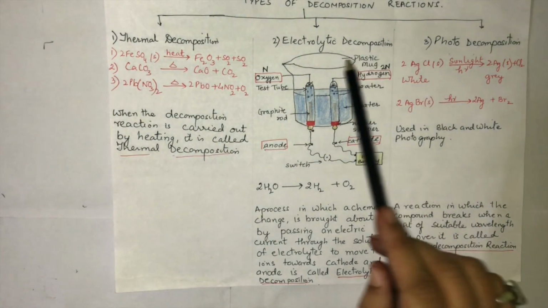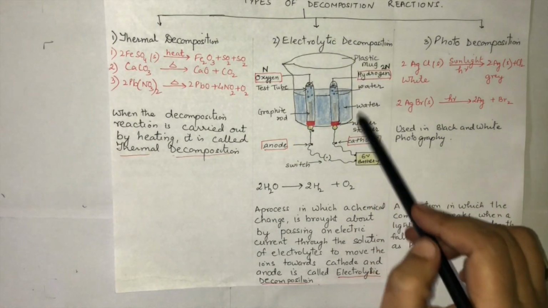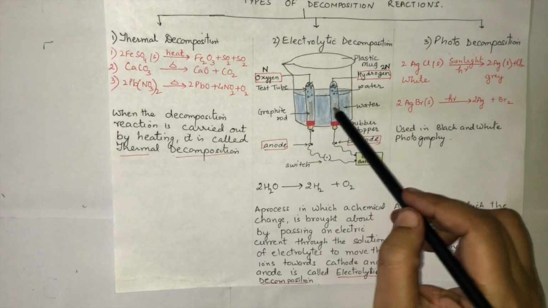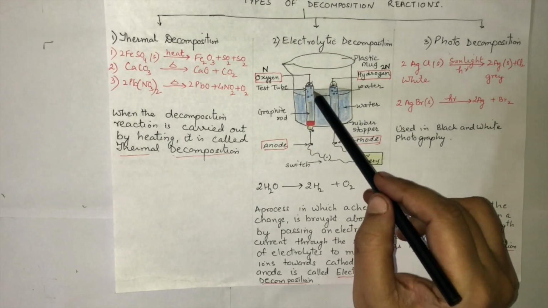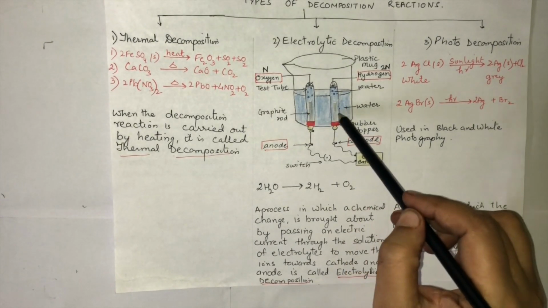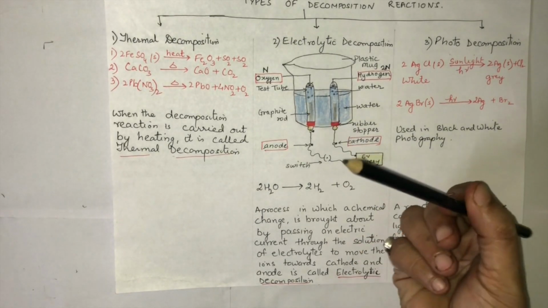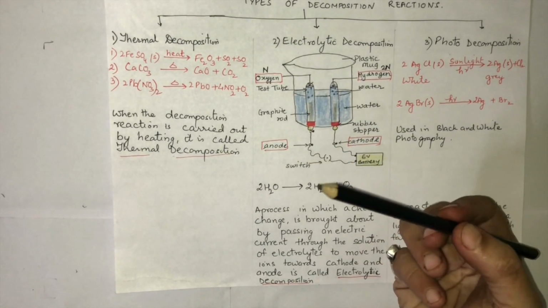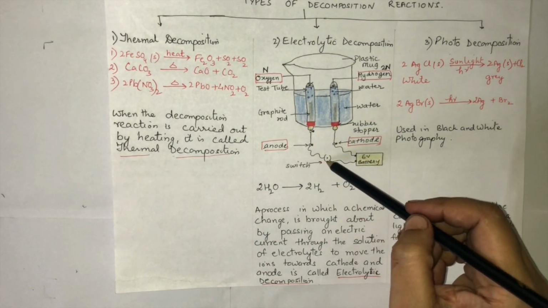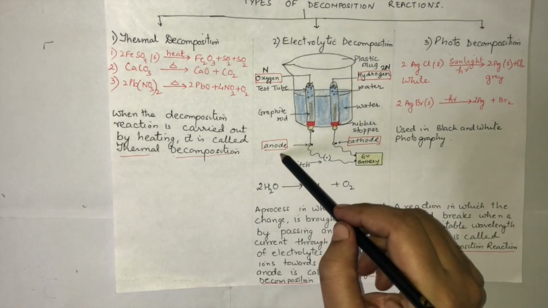Now what is electrolytic decomposition? Just first see this setup. This is a mug. In this mug we have taken water and two graphite rods. There are two test tubes, and inside these two test tubes are two graphite rods. In place of these two graphite rods you can use simple pencil lead also. This is graphite, so you can use pencil lead also. Now this is connected to the switch and to a 6-volt battery. One side is cathode and another side is anode.